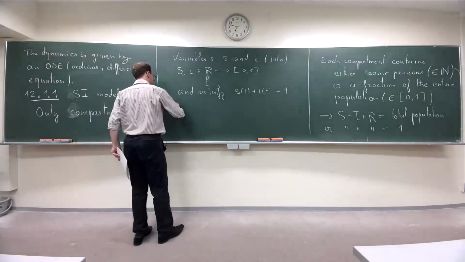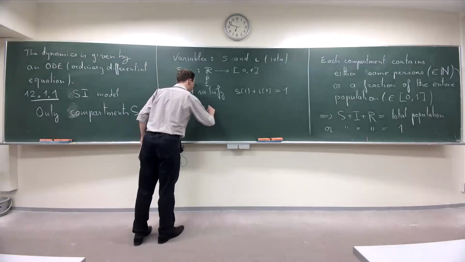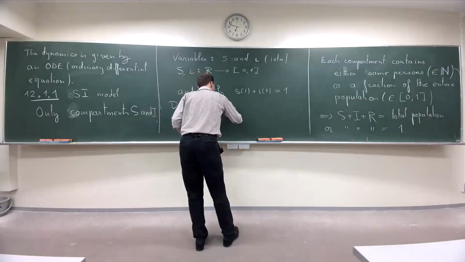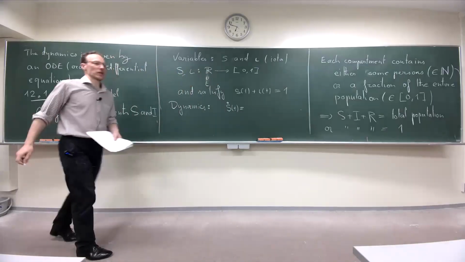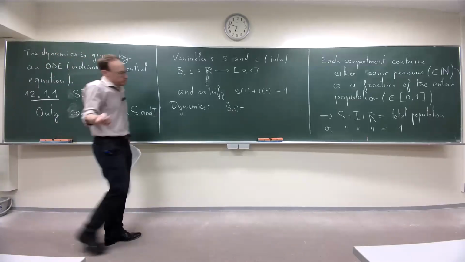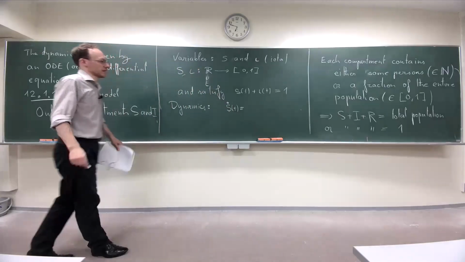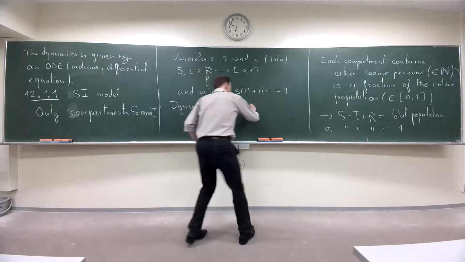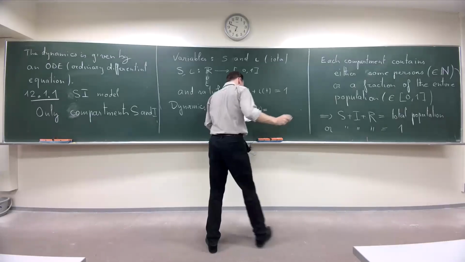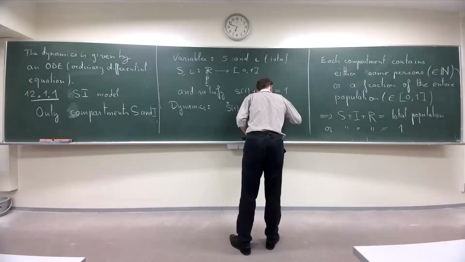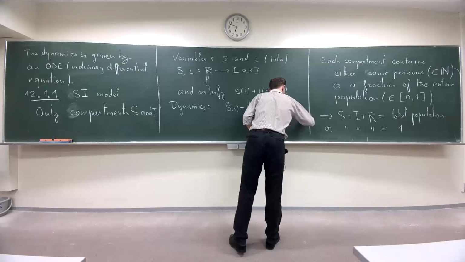Now, what is the dynamic? So it's a certain model. The dynamic is given by this S dot, the derivative with respect to t. It's common to put a dot and not a derivative. It's part of the history. But this is nothing but dS over dt at time t, given by minus beta S of t iota of t.